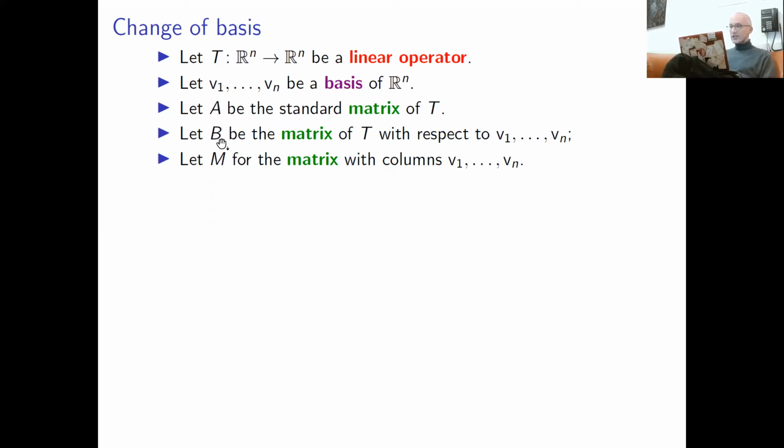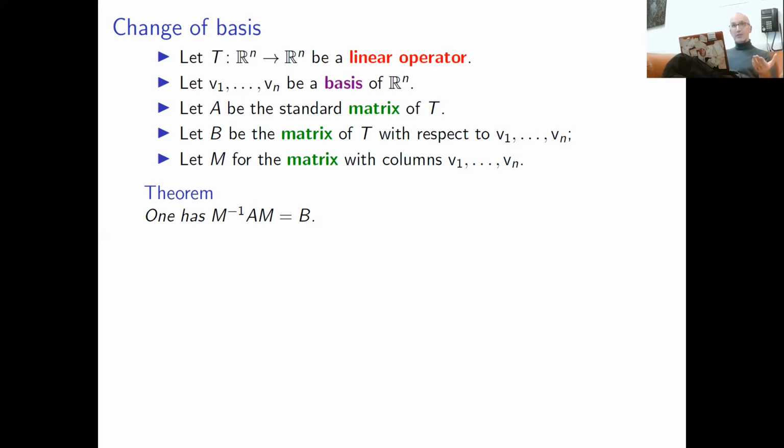To answer this question, we have to introduce another matrix. Here I called it M. This is the matrix whose columns are our vectors v1, v2, vn, the vectors in our new basis. So if we fix this matrix M and these two matrices A and B, then we have the theorem. Matrices A and B are related by this equality: inverse of M times A times M is matrix B. A small remark: inverse of M exists. Why? Because vectors v1, vn are linearly independent.